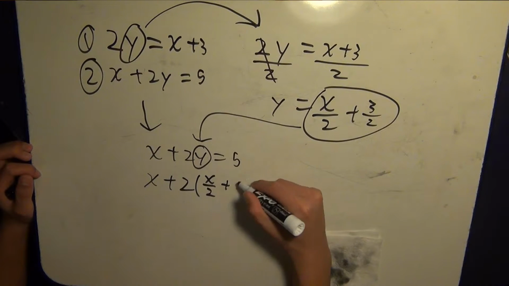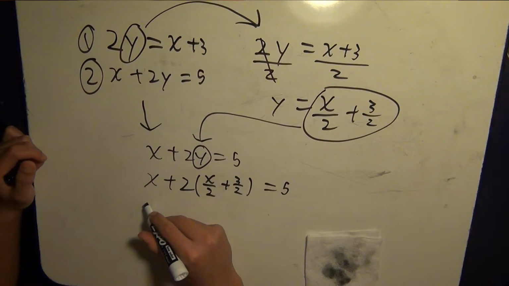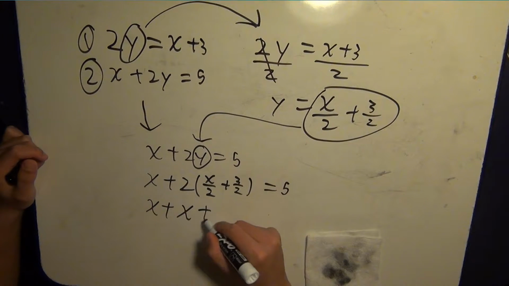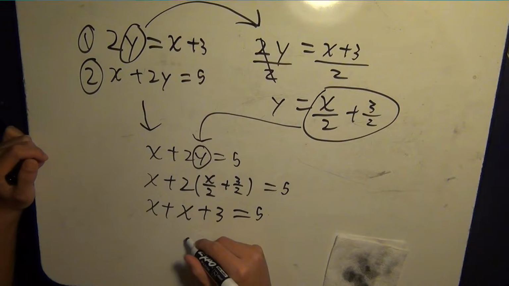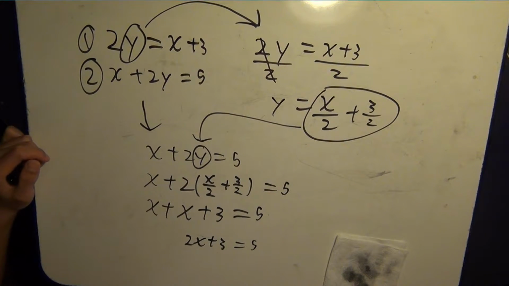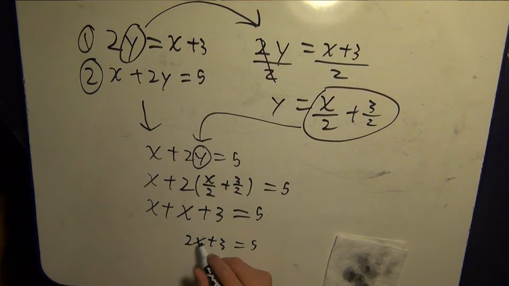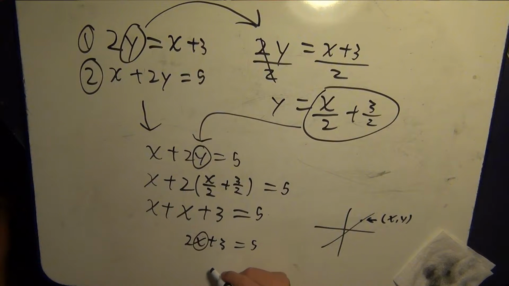So going back to the original question, we now multiply the equation out of the brackets, so 2 times x divided by 2 is x, and 2 multiplied by 3 divided by 2 is 3. After that, what we're left with is 2x plus 3 equals 5, and the last step now is just to solve for x, which is our x-coordinate of the point. So now what we gotta do is minus 3 on both sides, then divide by 2, which leaves us with